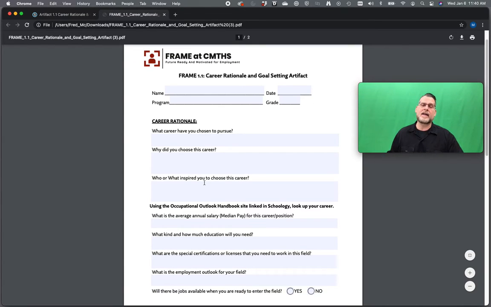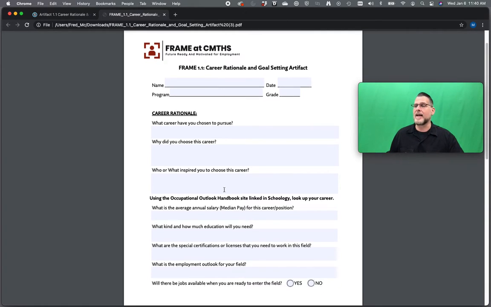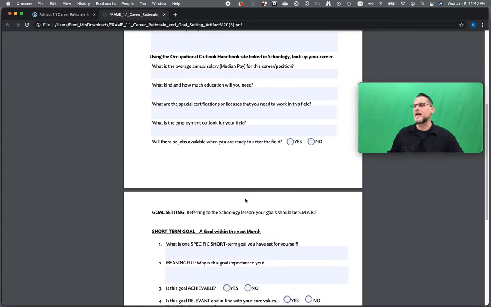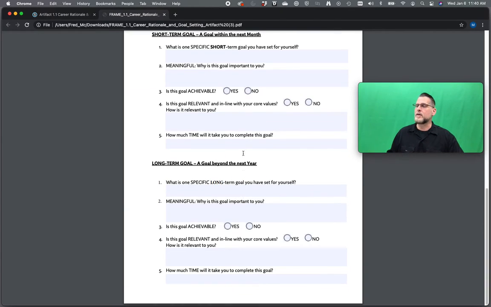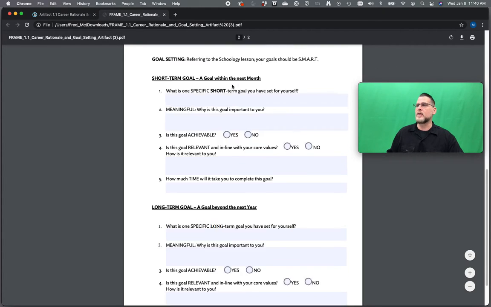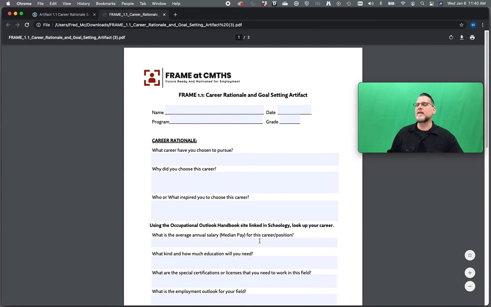And once again, like I said, if you've done that first project for the career path, a lot of this stuff is cut and paste from what you've already done from your presentation. Okay, and once you fill this out, you're going to go in here and do a short-term goal, and then you're going to do a long-term goal. Okay, but once you have all that filled out, you're going to have to save this and then upload it